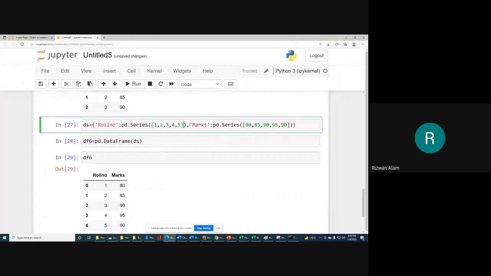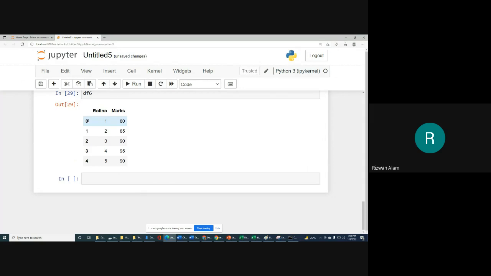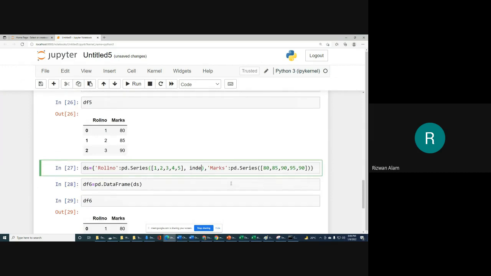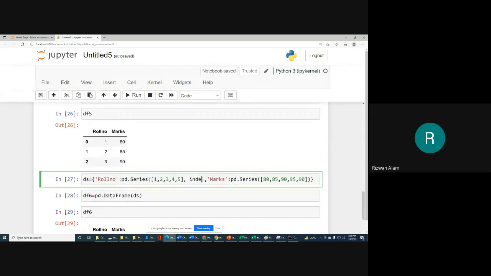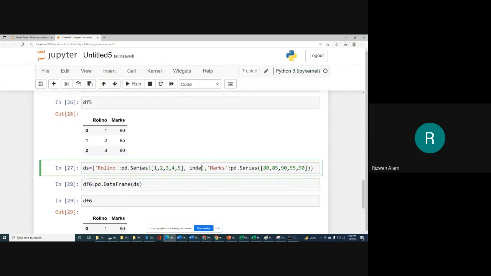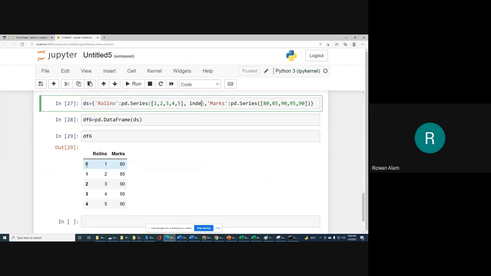For example, in a series, if you want to change the index, what we have here for rows is 0, 1, 2, 3. But as I told you, the index is customizable, so we can change it. Index means simply row number, so these row numbers we want to change. What do we want to use as row numbers?